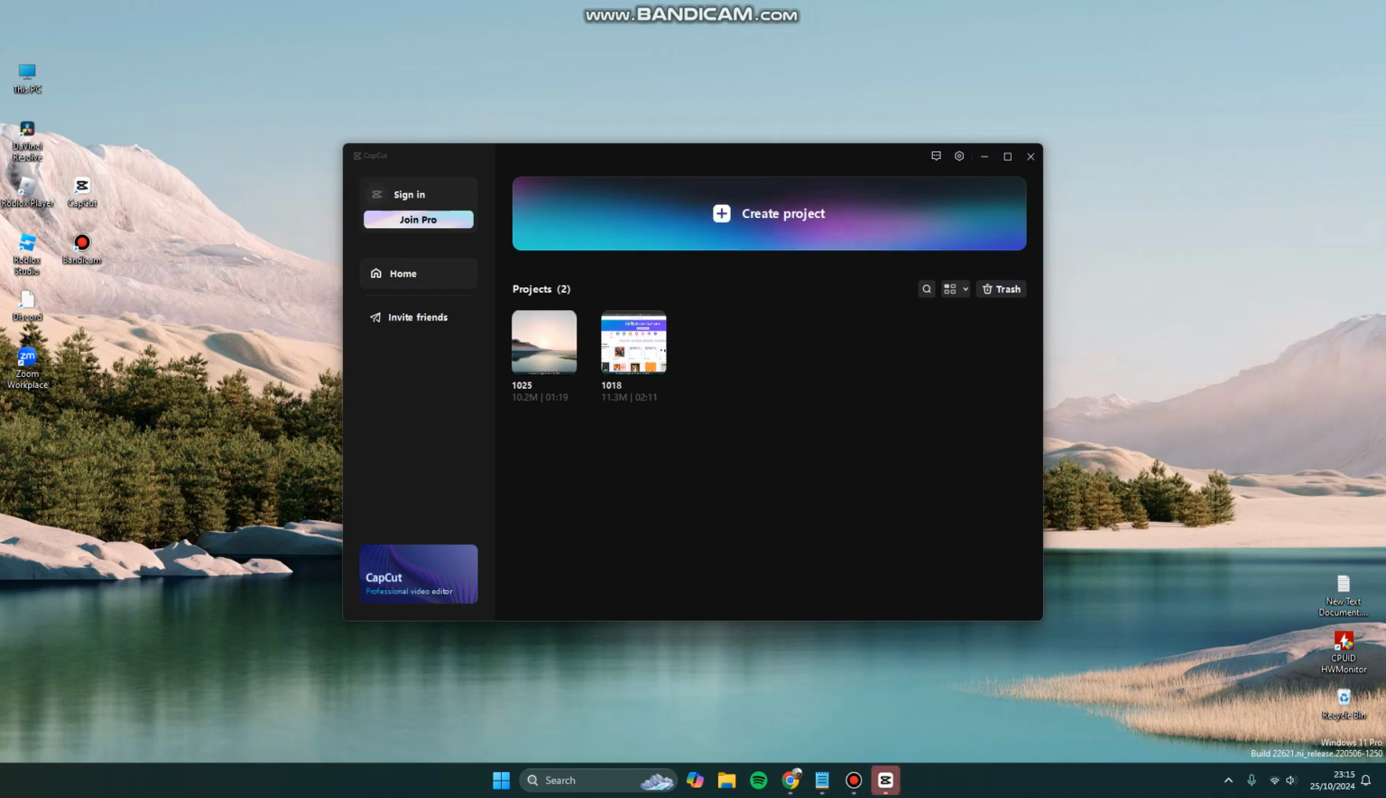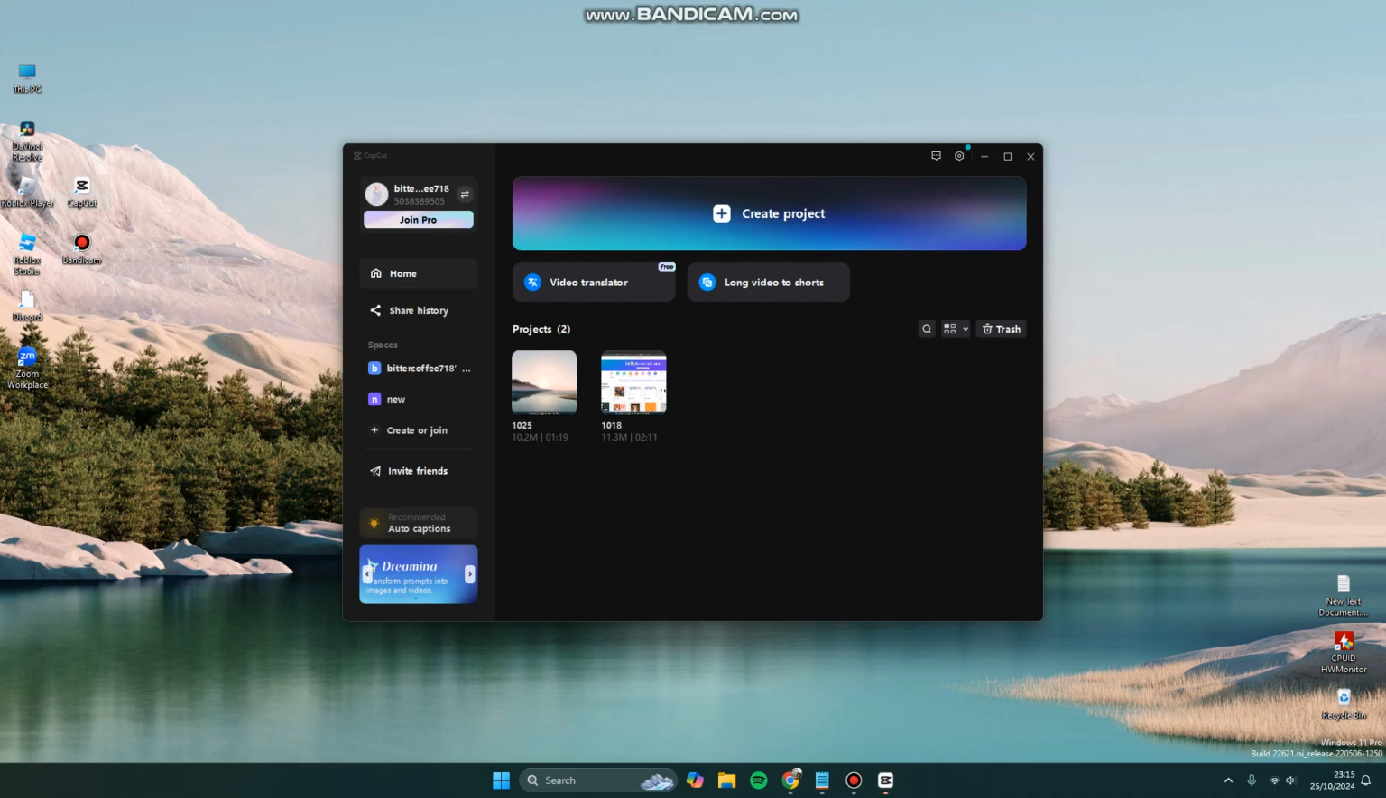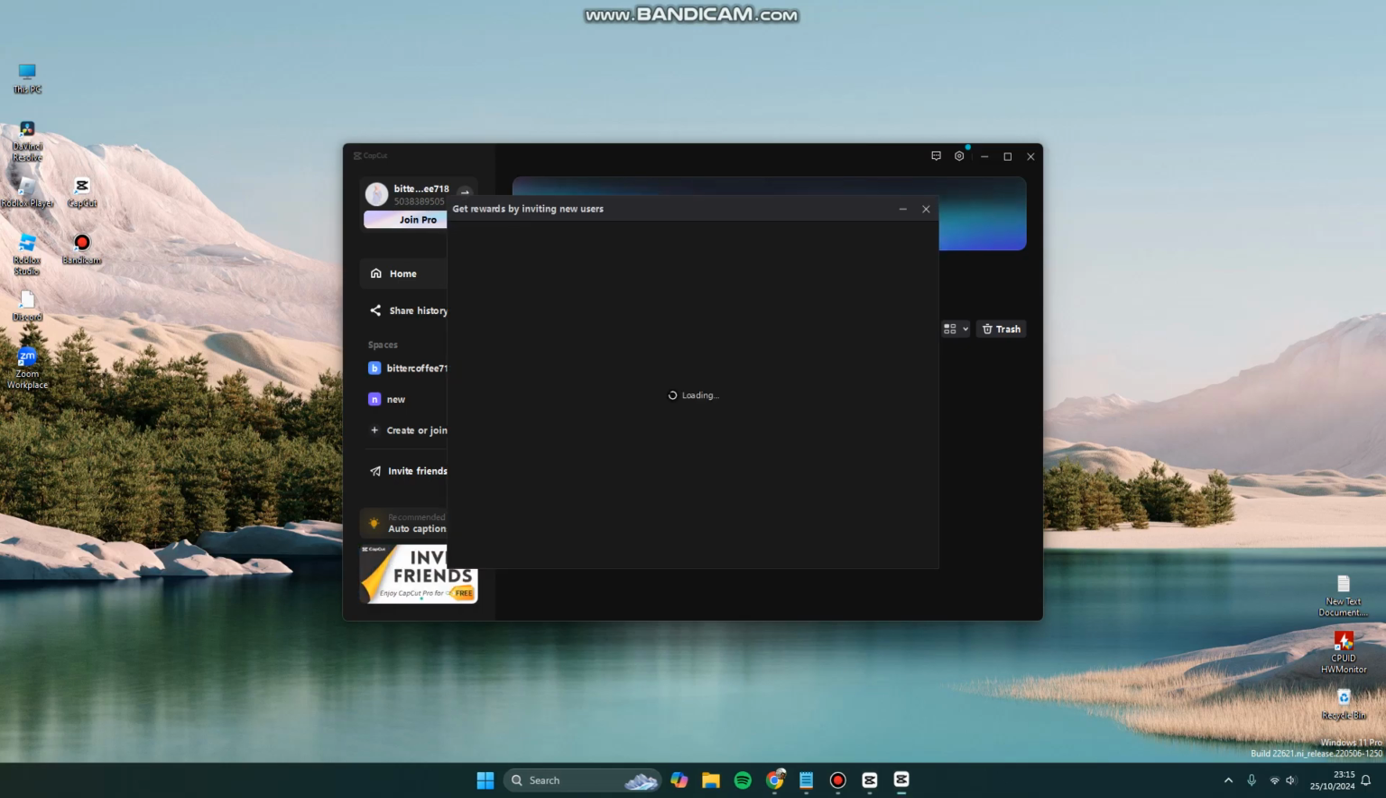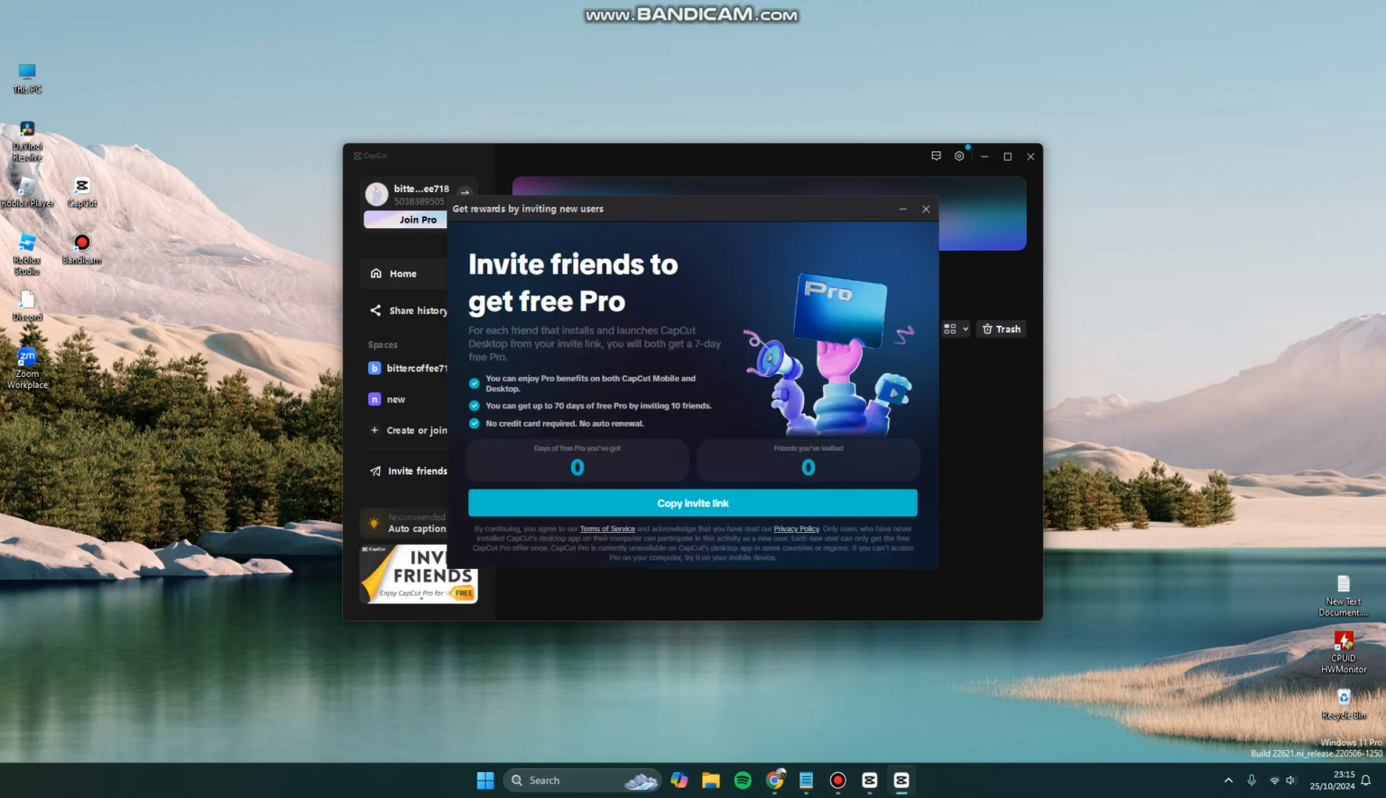Here, this is still a free version, and in the bottom corner there is like an advertisement, and here you can click it. Get rewards by inviting new users. So basically you can get a free Pro Edition by inviting your friends to download and install CapCut on their